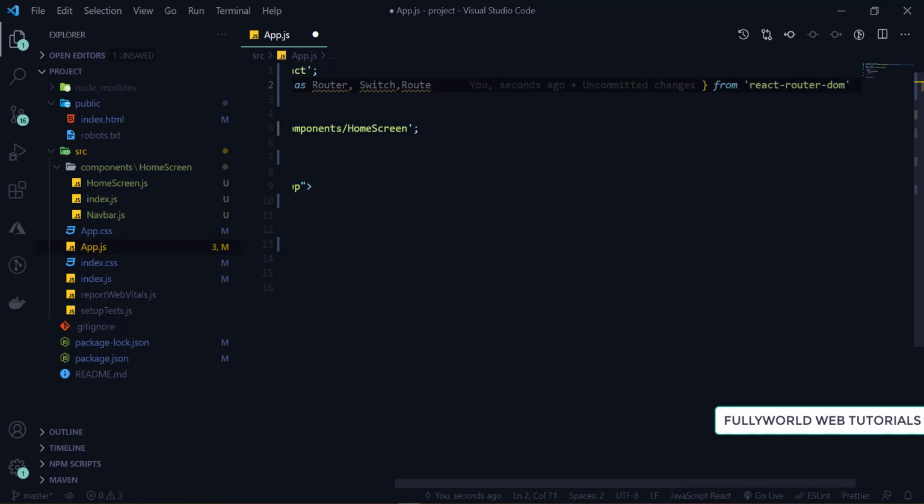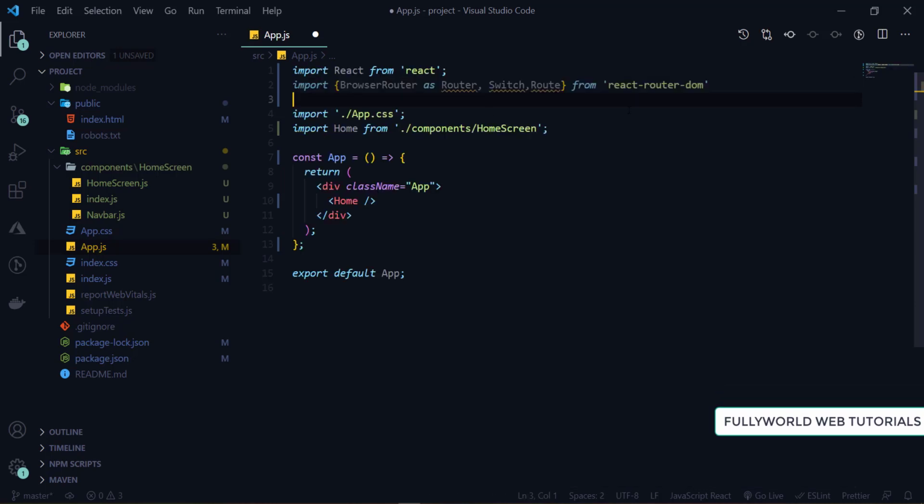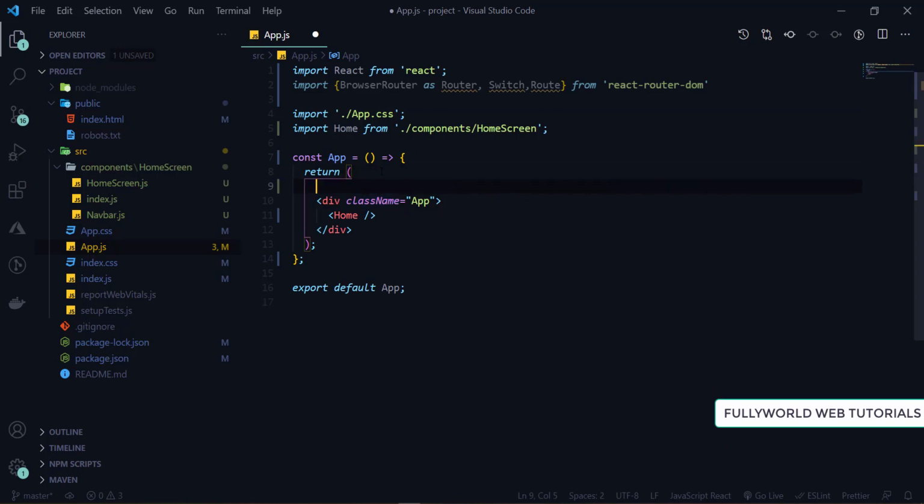This thing we will do. So now let's apply this Router here.